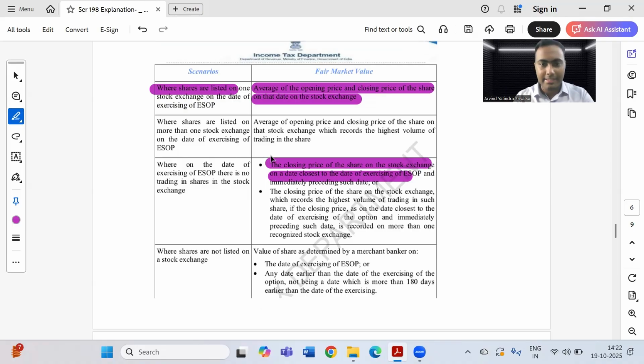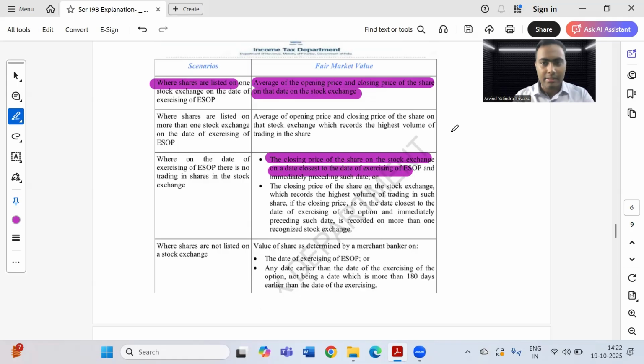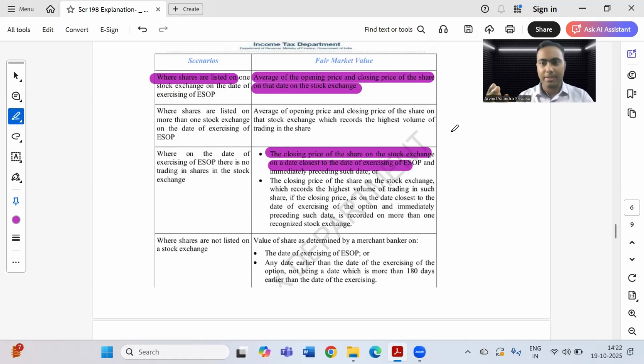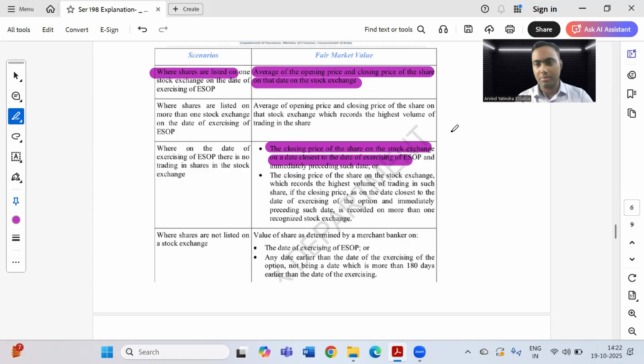And here, just keep in mind, it is a closing price. However, above it is the average price. I hope it is clear, guys. When you have to take it on the same day, it will be the average price. But when you have to take the closer date, it will be the closing price. Just keep this in mind, guys, because the closing price will be a more accurate representation, right? Because when you're taking the average price of yesterday to